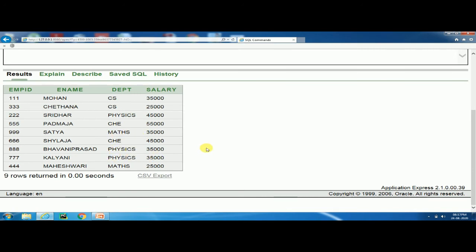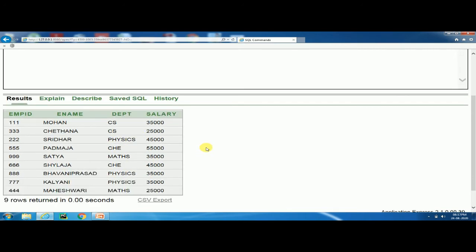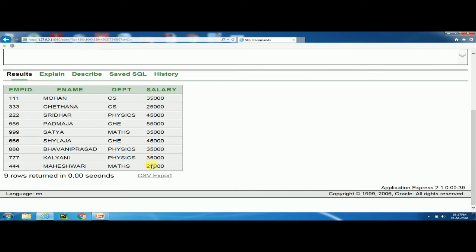I want to do the sum of the independent departments. For example, how much salary is taken by the computer science department, by the physics department, by the chemistry department, and by the maths department.